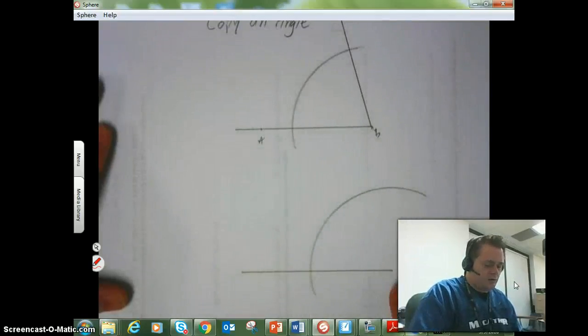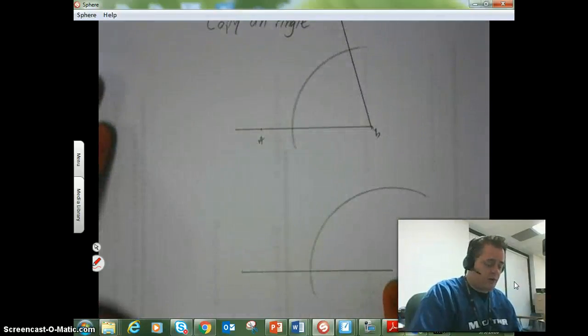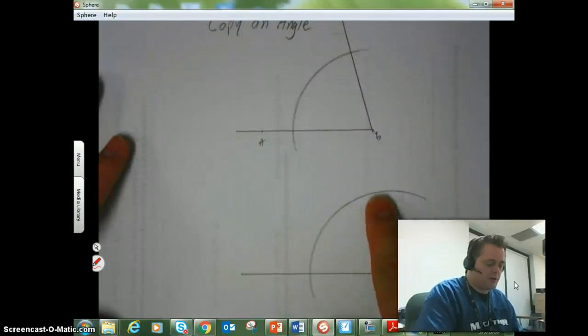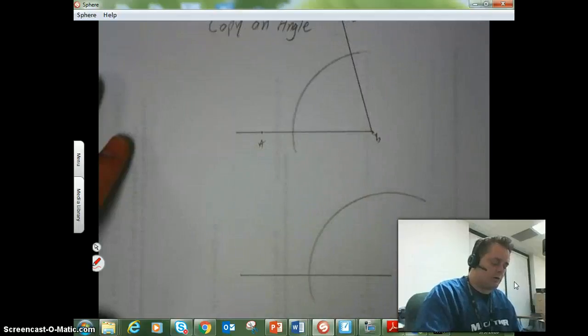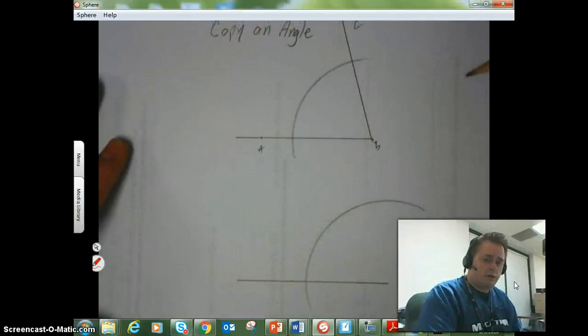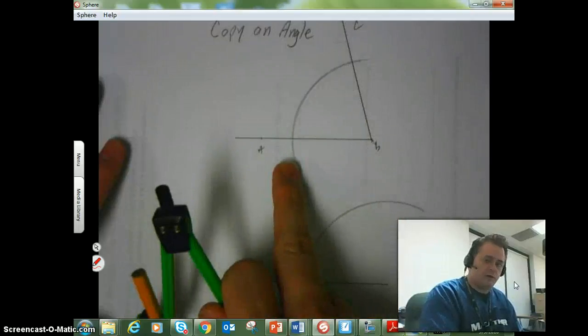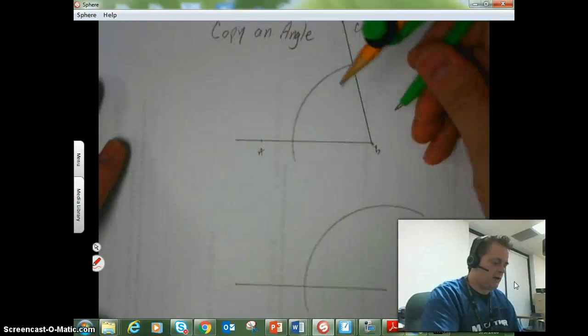because again, I know that the ray for the second part of the angle has to come this way. So I need to find something that will intersect this arc somewhere, so I know where to draw the ray. So once I have the arcs copied from the original angle to the one that I'm making,